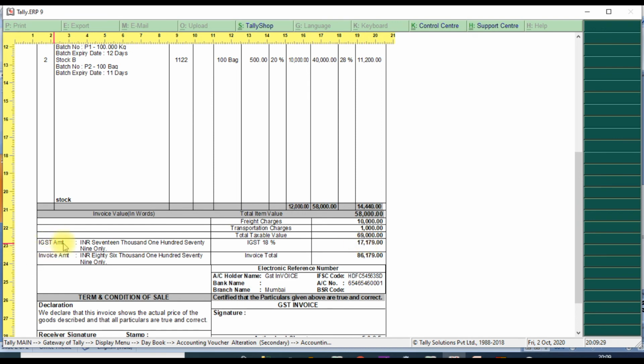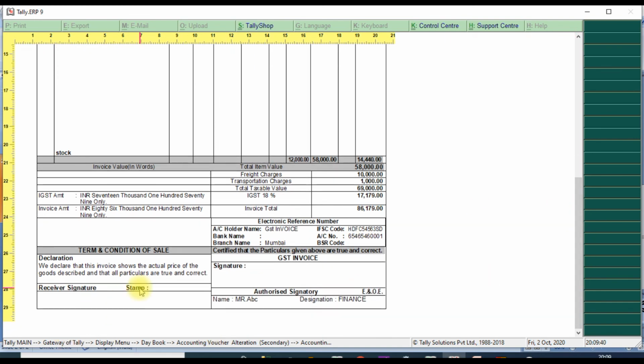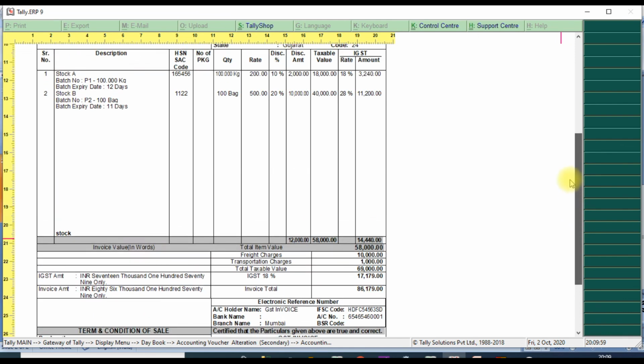On the left side it will show IGST amount and invoice amount and bank details of the company, and finally here the signature and stamp. On the right side company details, GST invoice, signature and name, designation. This is the final format.